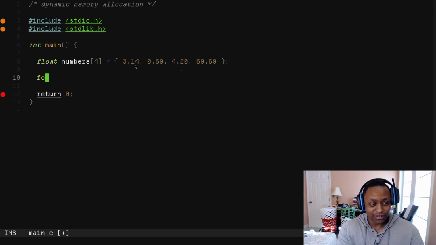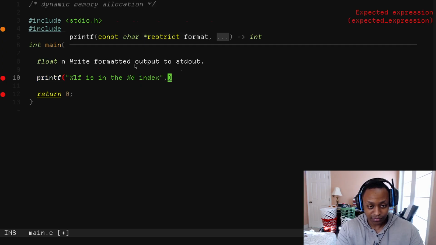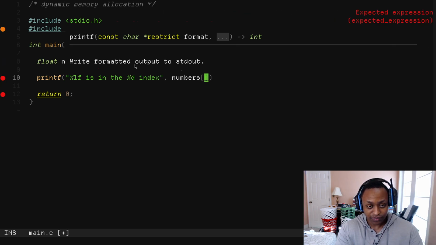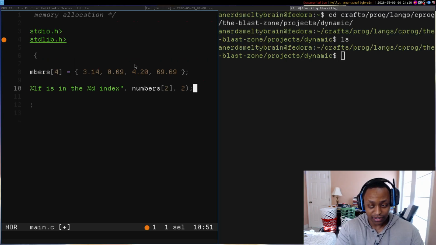So if I wanted to just print out some of these numbers, use %lf for the float, and then numbers index two, so the second index. And then if we go and compile that,